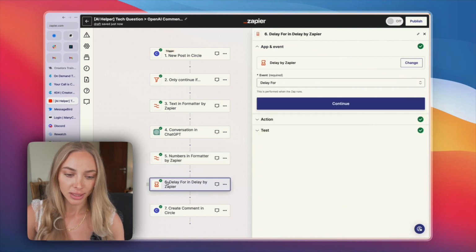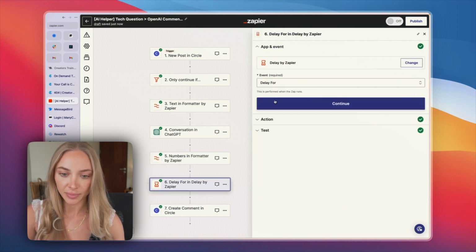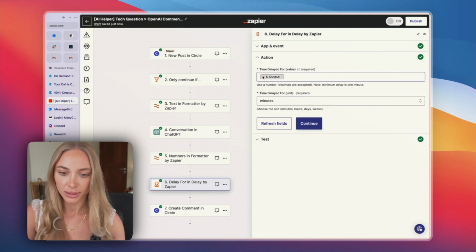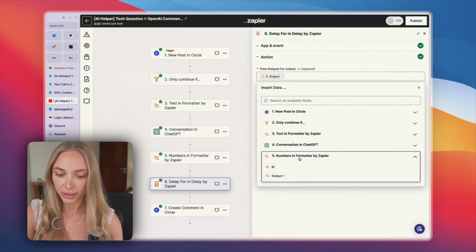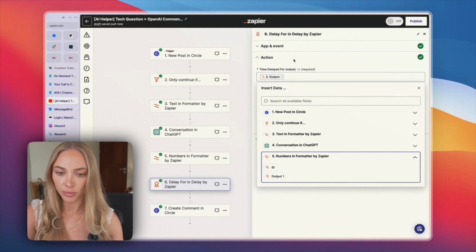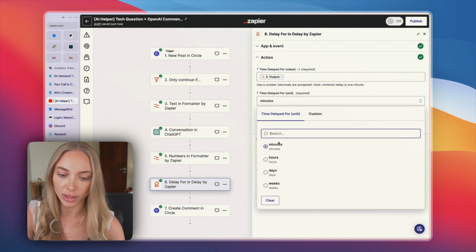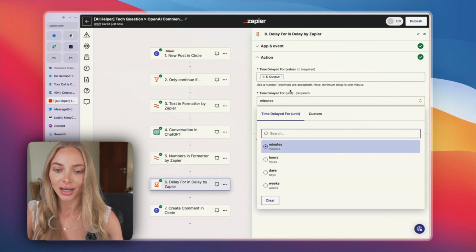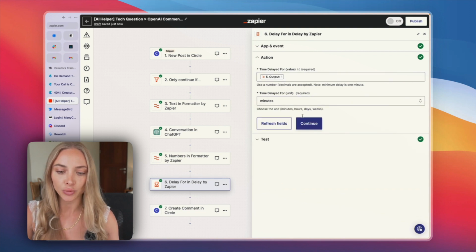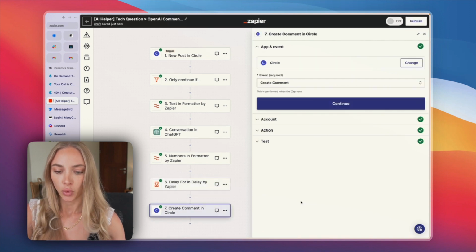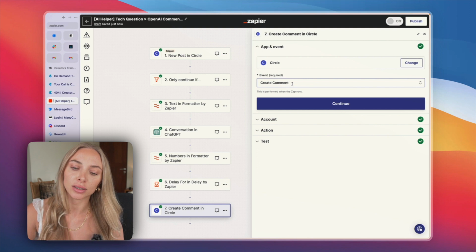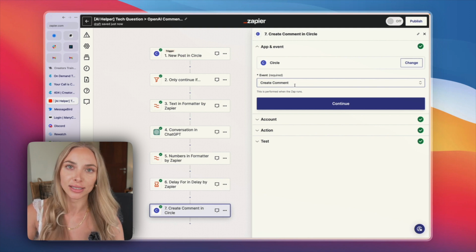So I can continue, and then I add Delay by Zapier, delay 4, output 1. So I want to add the output from the numbers formatter here in Zapier, output 1. So that means 1 minute, and then I choose the time. You can also do hours, days, weeks. I want to do minutes, so it waits 1 minute until it posts. Continue. Continue. Then you want to select the create a comment event for your community,